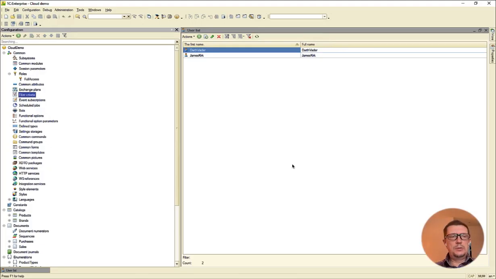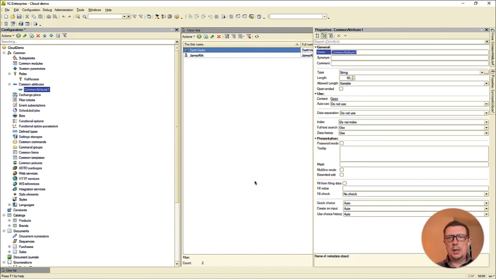And these attributes that could serve as splitters, as dividers between different data areas, they live here in common attributes. So let's try and add a new attribute called tenant. And let's give it a type string and length 50.